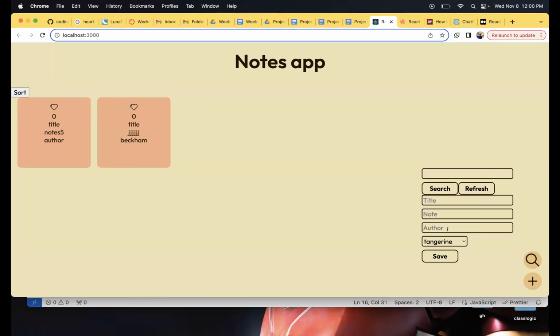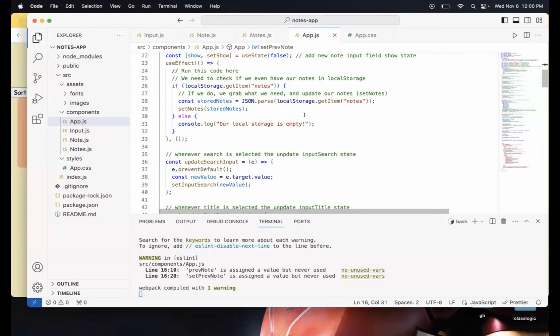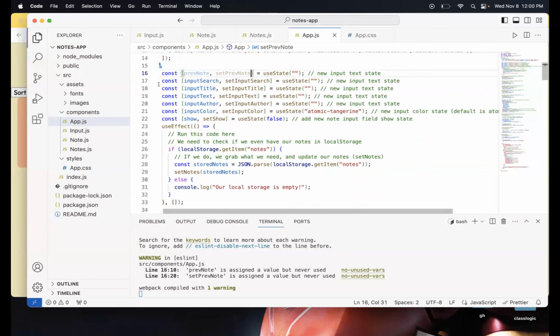So the reason behind adding all those things is this. Now, if I go back to the code, if you see, I created variables for the titles and author.